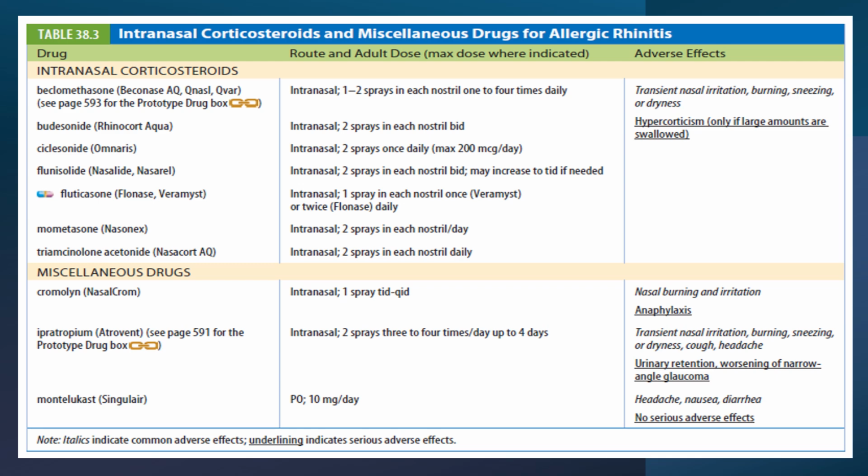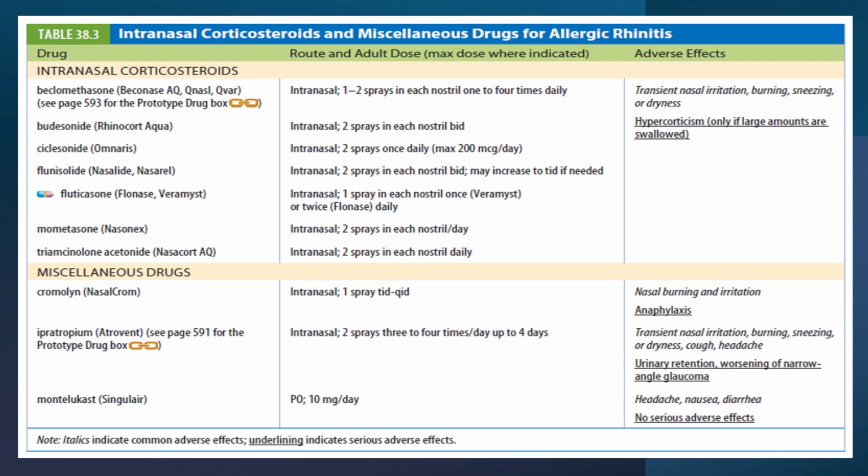Now, when corticosteroids are administered correctly, their action is limited to the nasal passages. The most frequently reported adverse effect is an intense burning sensation in the nose that occurs immediately after spraying. Excessive drying of the nasal mucosa may occur, leading to epistaxis. There are several alternatives for patients who do not respond to intranasal corticosteroids.